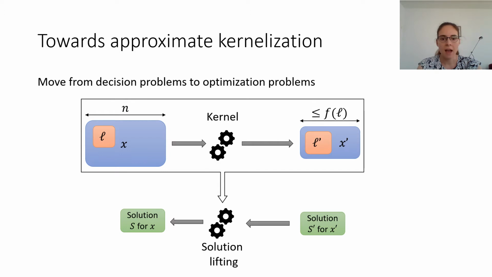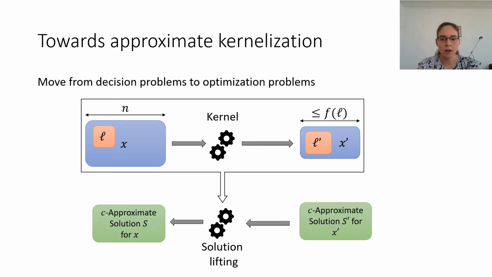And as long as you're not talking about randomized kernels, you can always safely assume that this solution lifting algorithm simply has access to all the steps taken by the kernel, because it can simply mimic them in polynomial time. So the absolute minimum requirement would of course be that if I give an optimal solution to the preprocessed instance, then the solution lifting algorithm is able to give me an optimal solution for the original instance. But in fact, for one approximate kernel, we require just a little bit more. If we're given a C approximate solution for the preprocessed instance,